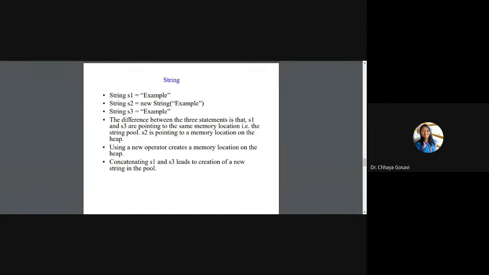Out of that, static memory and heap memory are called dynamic memory, and static memory is called compile time memory. That you'll learn in second or third year. But for the time being, whenever we use the new keyword, we are assigning memory at runtime, that's why it gets allocated from heap memory. So heap memory is used for runtime memory allocation.